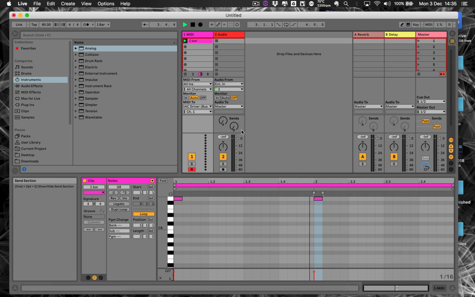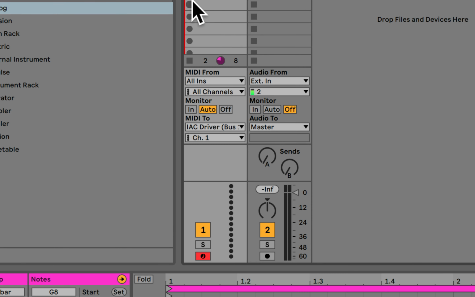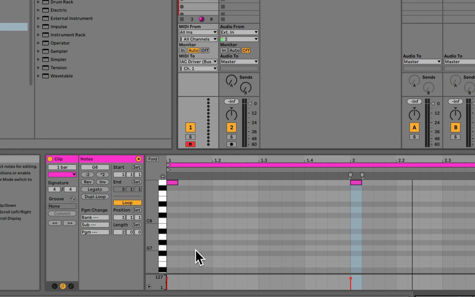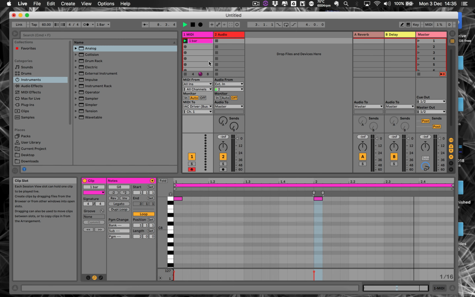While this clip's running round and round, remember, we're sending information out of this MIDI channel to the IAC bus. You see it going every time it passes one of those notes. You can see on the indicator there that the information's being sent. So because we're sending that information to the IAC bus, and we've set the IAC bus up as a remote control, once we go into MIDI map mode, Ableton Live is saying, right, okay, send me some MIDI information. Send me some MIDI information. And as soon as you send me some MIDI information, I'll map that MIDI information to the previous thing that